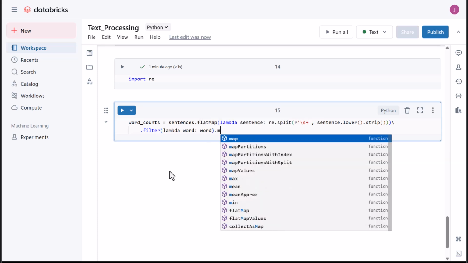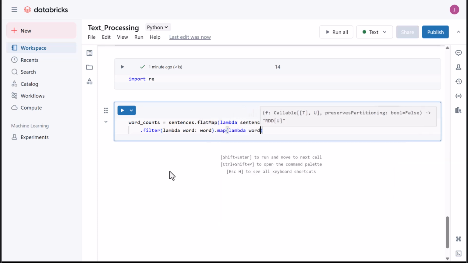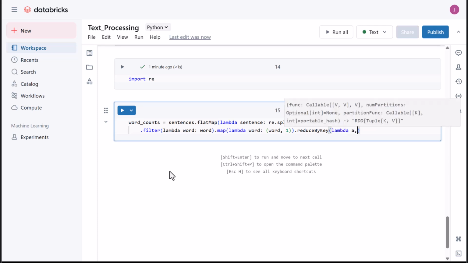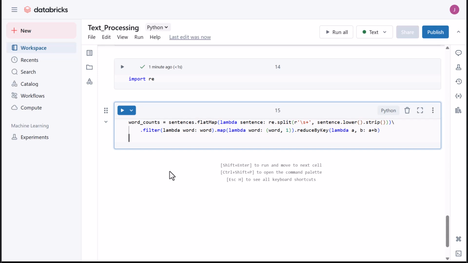Then here, map lambda word: (word, 1), and then we will reduceByKey, and here again a lambda function a and b: a plus b, right? Then we're going to display this word count,